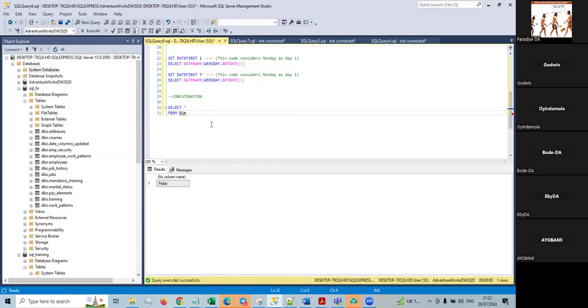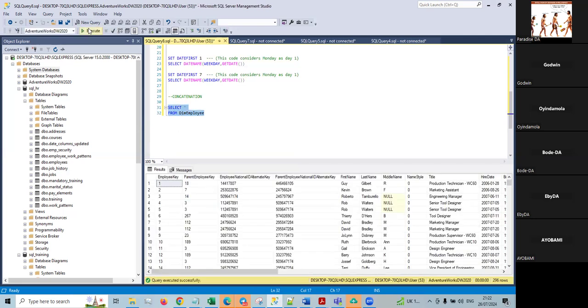SELECT all from DimEmployee. And when we run this code, we know what we would get, but let's just see. Now, I just want to see how some header names are written: first name, last name. Okay, so just as a recap, if we have this,